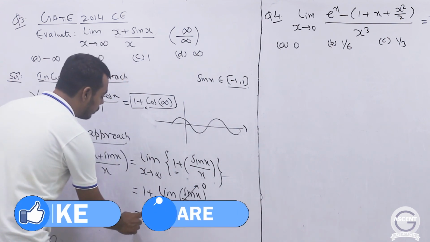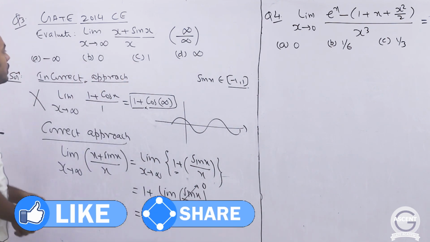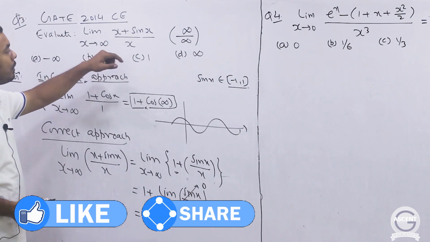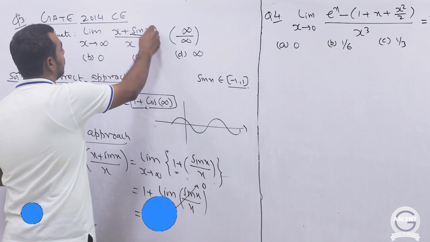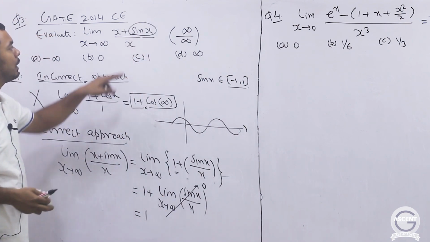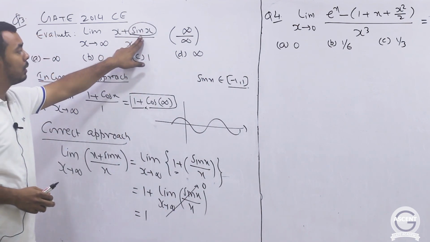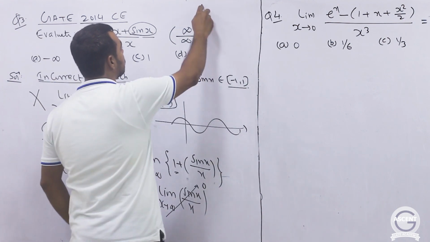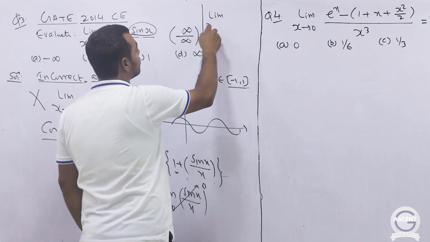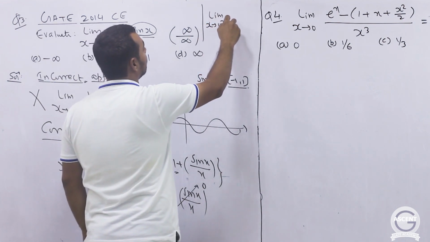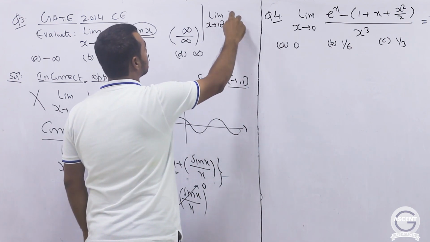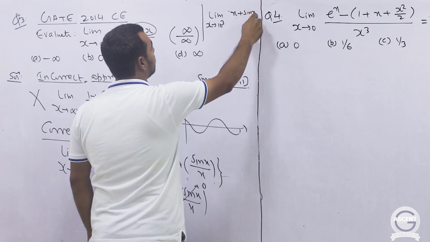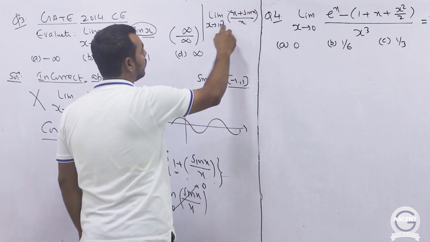So this means the value of the limit will be 1, and this was obvious because if you have a very large number, then x plus sine x, now sine x is from -1 to +1, so this will not make a major contribution. Forget about infinity. Suppose you had to evaluate, say, limit x tending to 10 to the power 3 of x plus sine x by x. Just to explain the idea, I am taking this number 10 to the power 3.